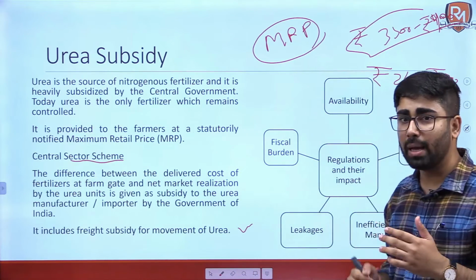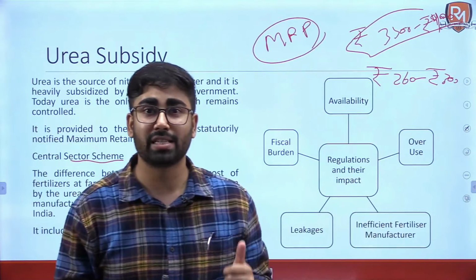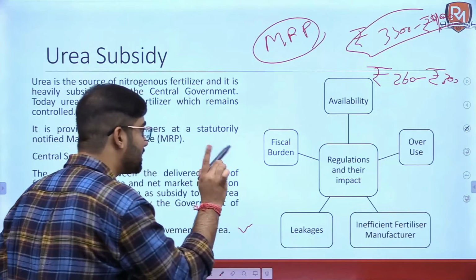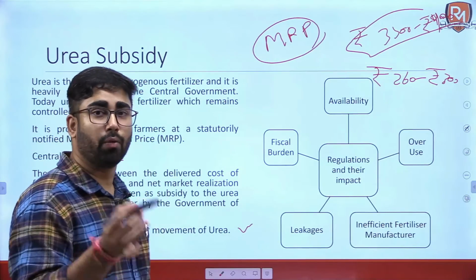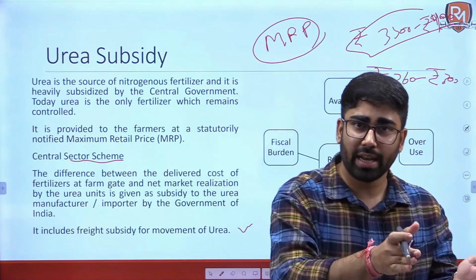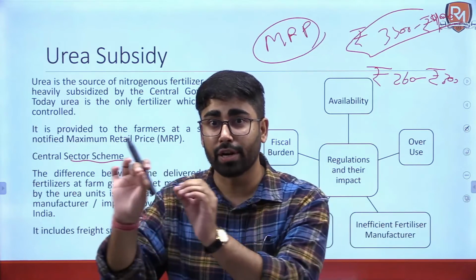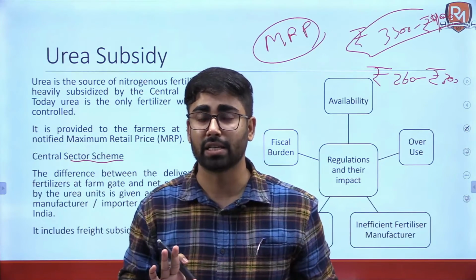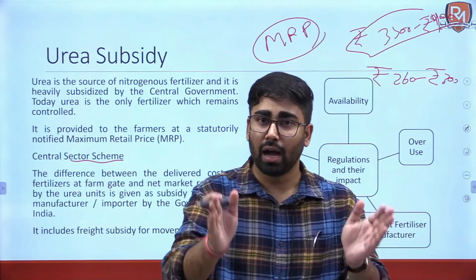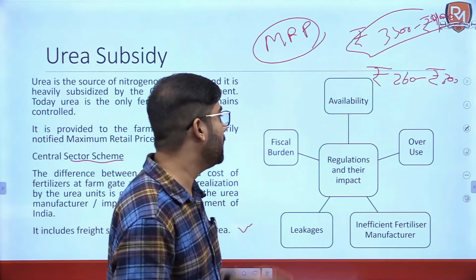Now, because we are providing such heavy subsidies to urea, then it means that there are some problems associated with it. देखो, फार्मर को लग रहा है कि ये फर्टिलाइजर है, फर्टिलाइजर यूज करेंगे तो ज्यादा अच्छी क्रॉप्स उगेंगी। उसको ये नहीं पता कि हमें एक 4:2:1 का रेशियो मेंटेन करके चलना है। उसे पता है कि ये बैग है, इसे हमने डाला और अच्छी क्रॉप उगेगी, एंड ये सस्ता भी मिल रहा है, सब्सिडाइज है।